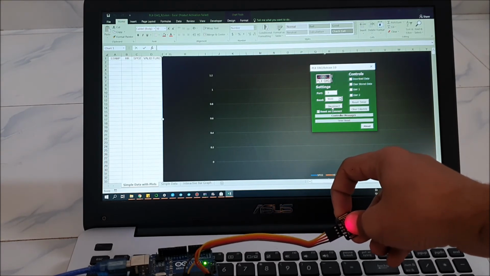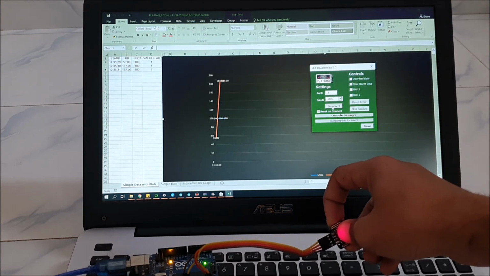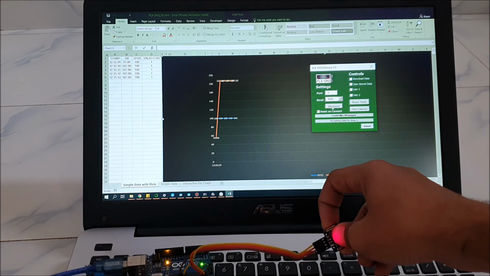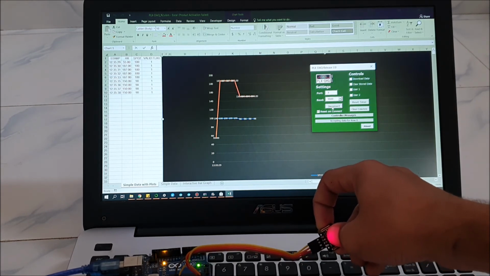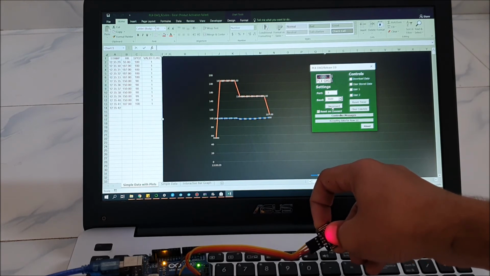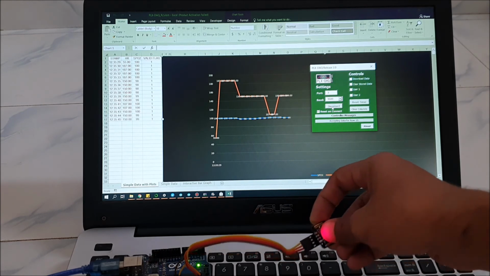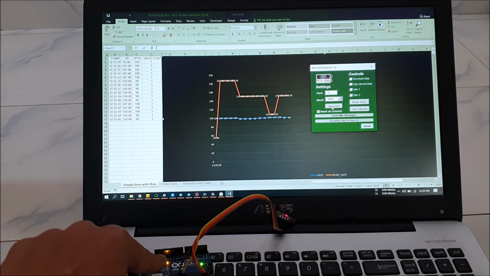You can use this data in some other applications to generate huge number of analysis and some other kind of graphs. This is a basic graph that I've generated using only first 50 records. As you can see, I'm getting every data for 1 second with my heart rate and SpO2 information, and the graph is progressing correctly. If I remove my finger, Arduino starts blinking saying that the finger was removed and my